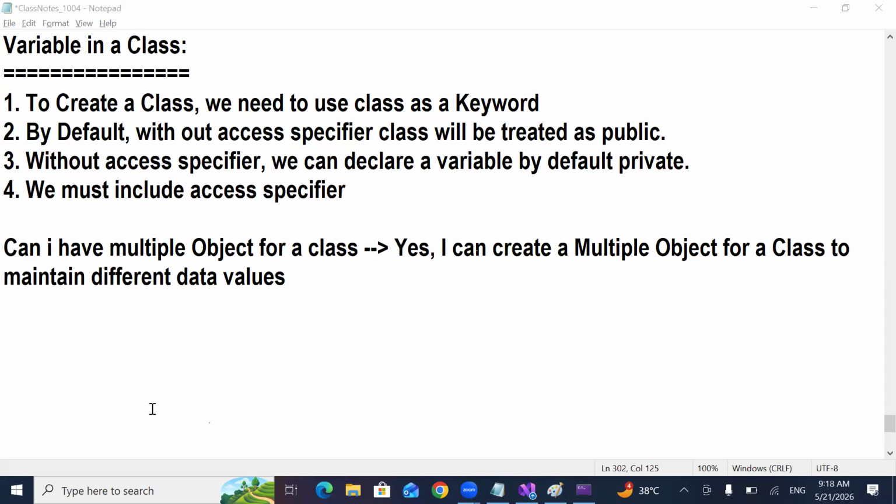Clear? Mr. Gajanan Tatke. Tatke or Tatke? Gajanan Tatke, it's correct, right? You understand? Okay, Chari Venuvaka.